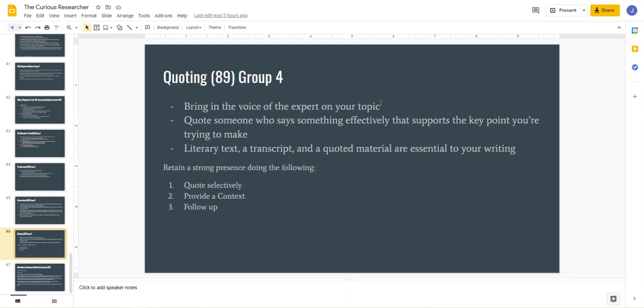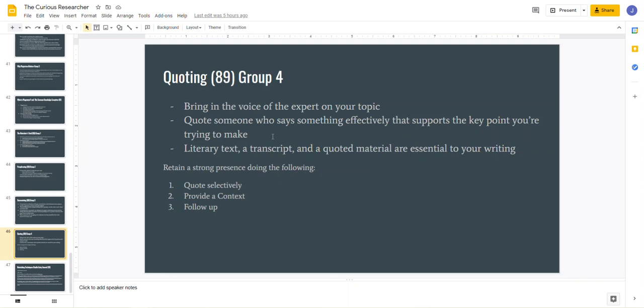And quoting is really important because everybody has a tendency to lean on quotes, but it is a way to bring an expert into your topic. Like the language and the words of that particular author are just too important to ignore, so you want to use the exact words. Usually this is great when you're working with a literary text, where a transcript and quoted material are essential to the